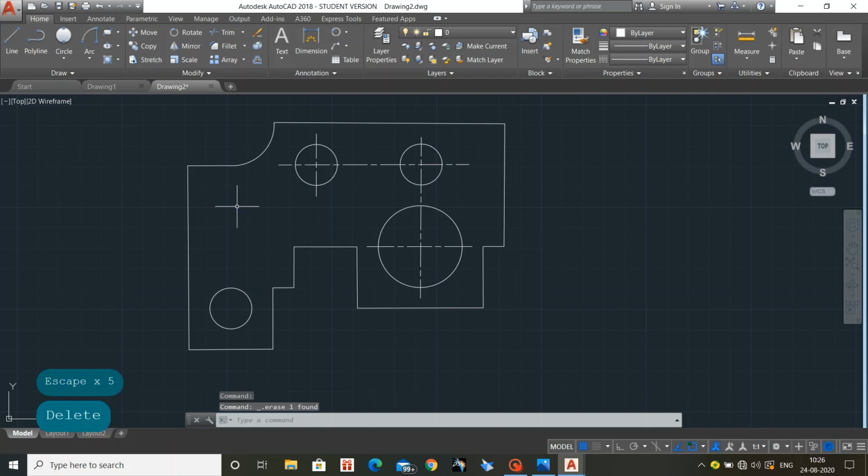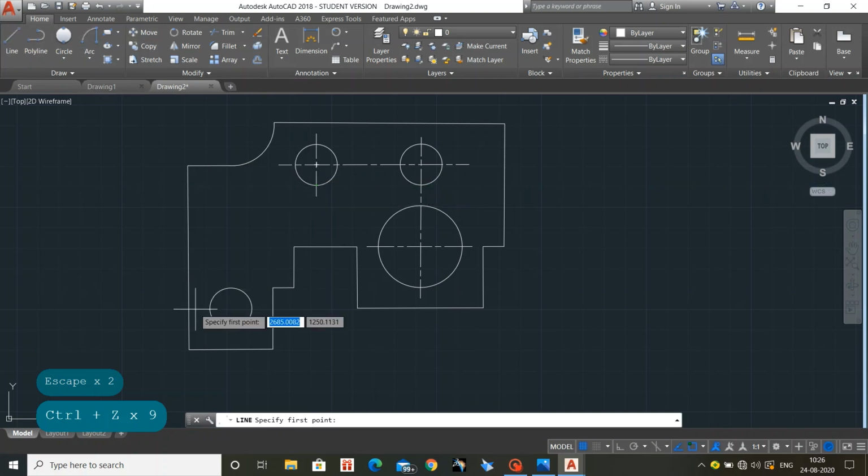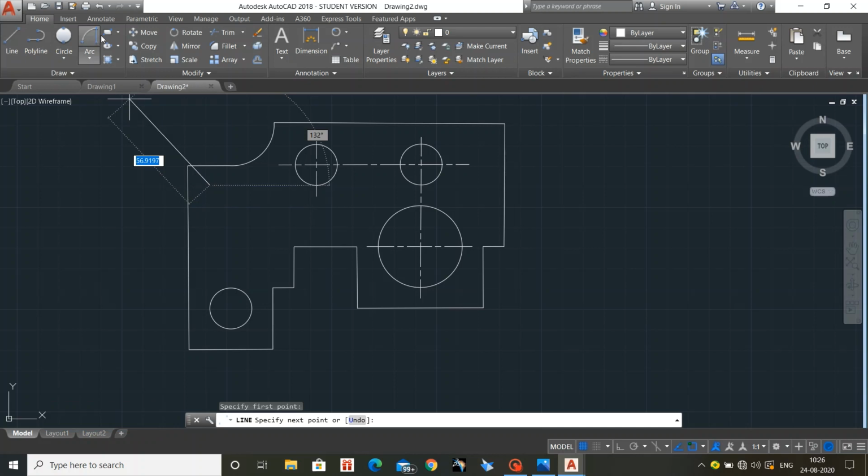So there are different ways of changing that. I have redrawn it again. So I have tried to get back the line. So I have taken a line again, coinciding the circle and that. Yes.